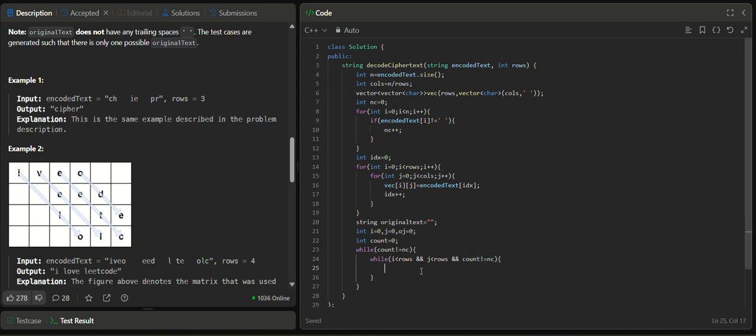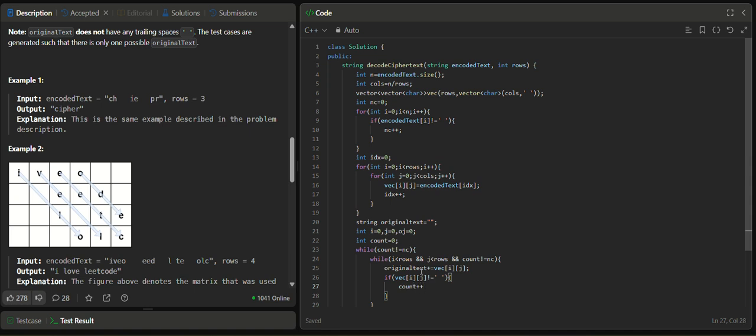Then original text plus equals vector i, j. And if vector i, j is not equal to a space, in that case